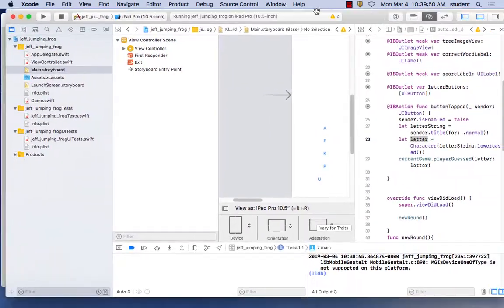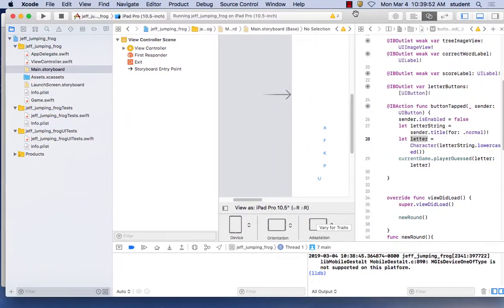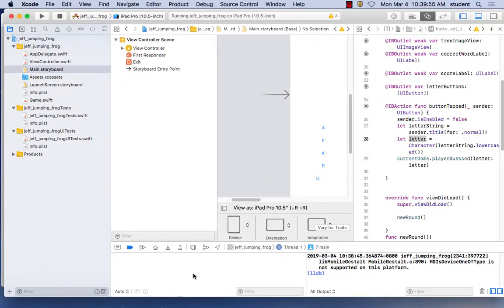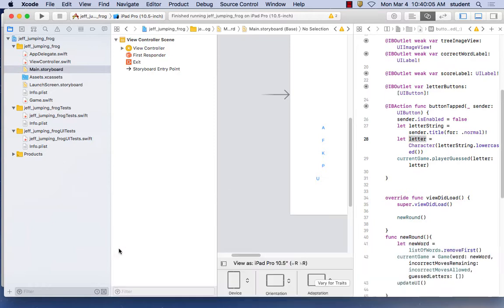I would like to see what's in the current letters. How can I do that? I don't have any values yet. All right, just lost everything. Okay, let me